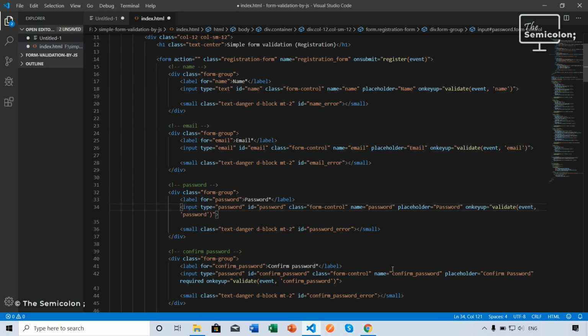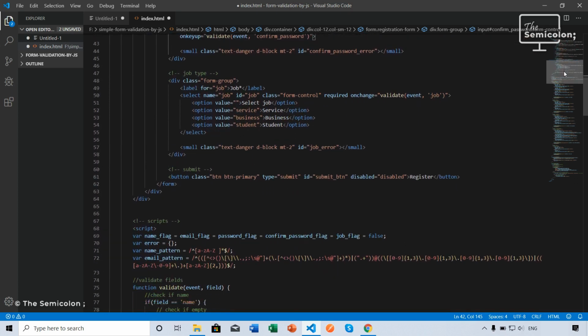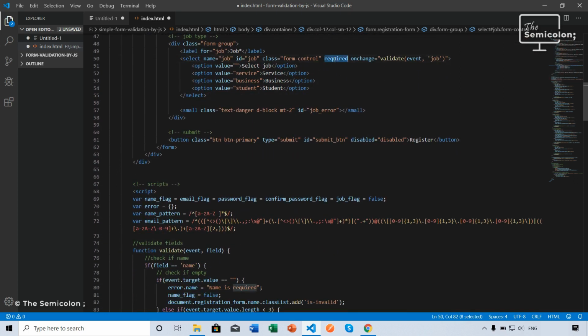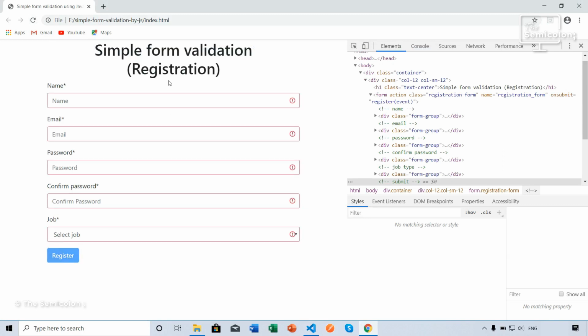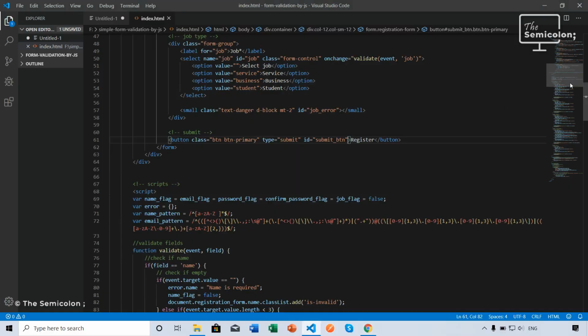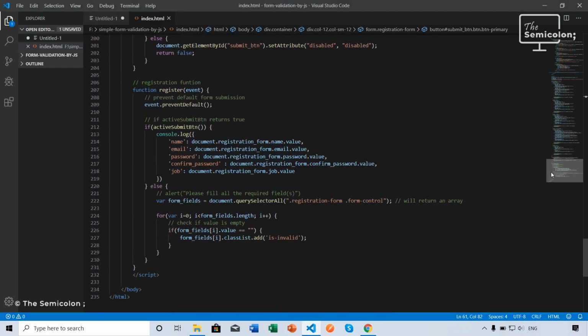Let us remove all the required attributes from the elements and the disable attribute too from the register button. Let's save it and move to the browser, reload it, directly click register. You can see the error class has already been triggered in all the input elements. But we want to show the messages too, because this field is required, this field is required. So for doing this, we'll